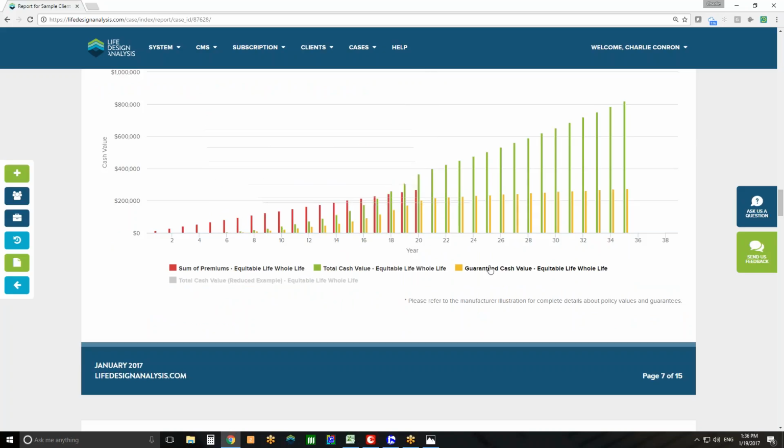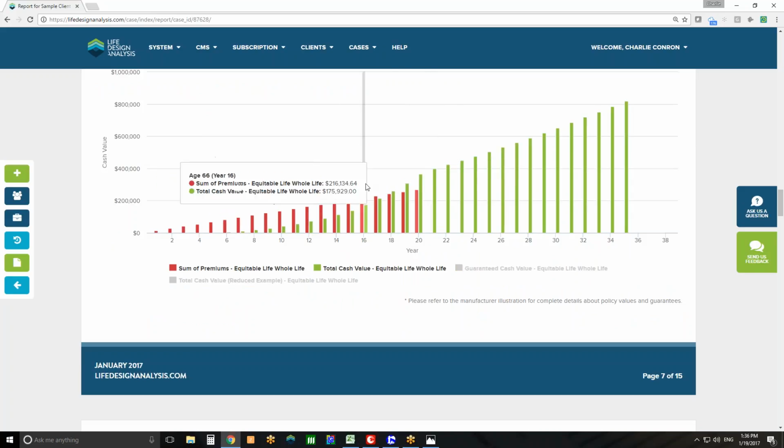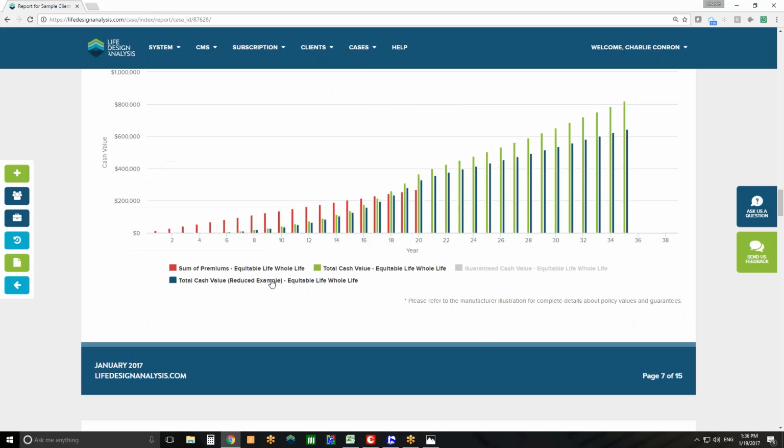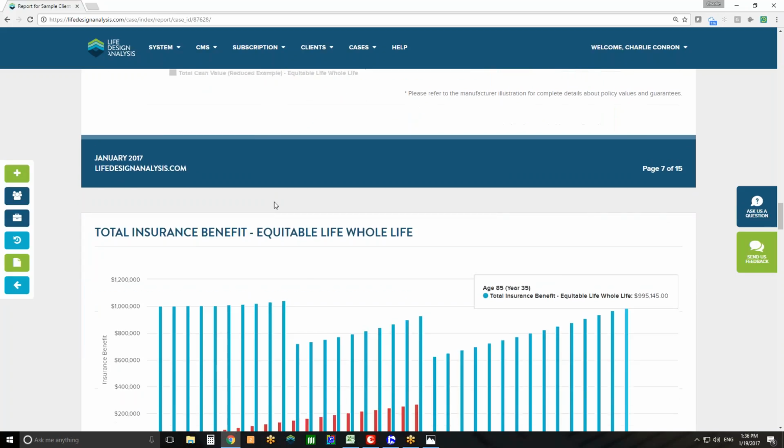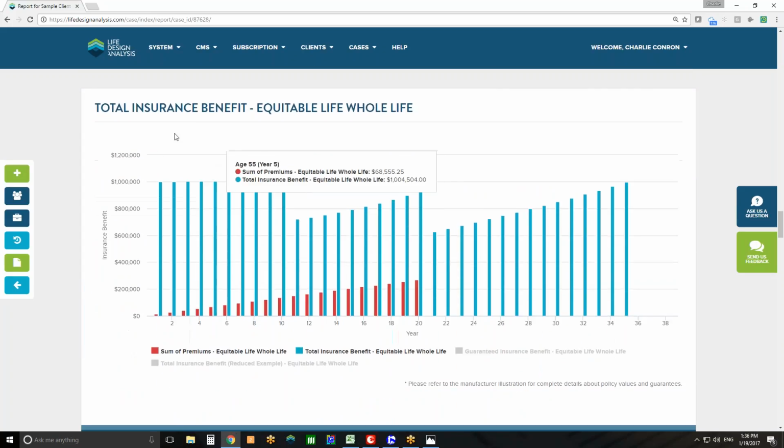Again, we're going to see that net, I always think about this as the net cost to my client. And in reduced values as well, it's still going to be quite strong. Equitable is really strong in those reduced values, so it's really important to focus in on them. But as I said, most of my time I'm going to be focusing on